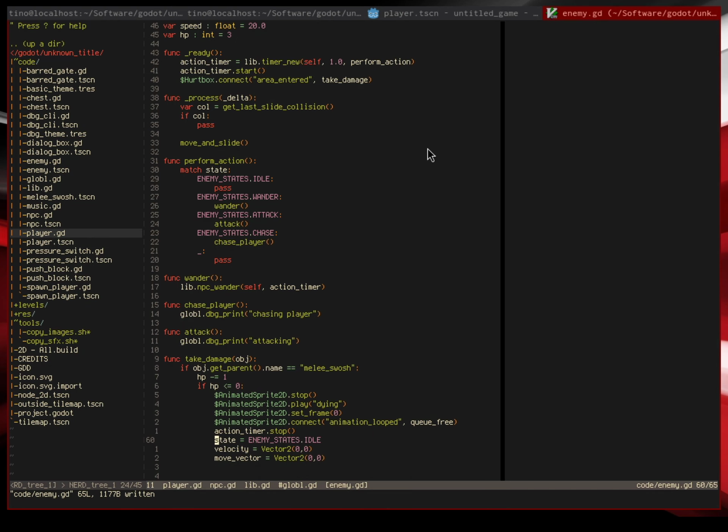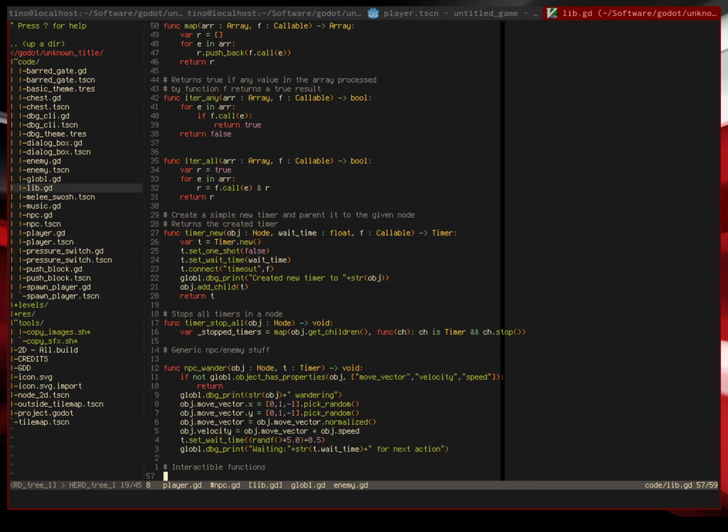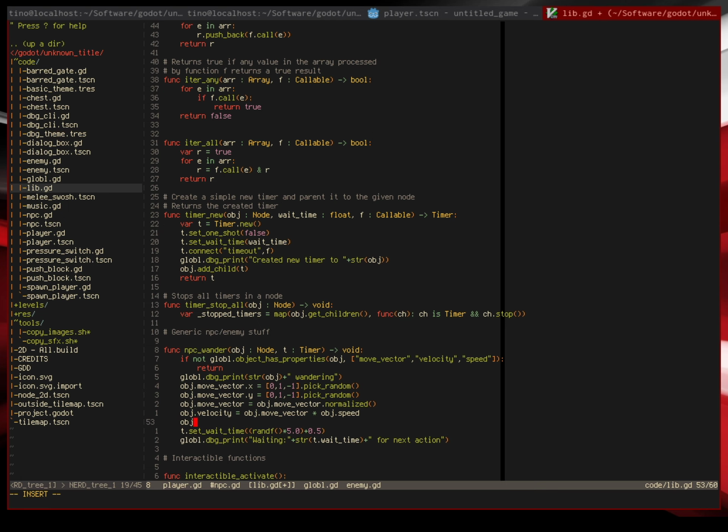But since you're doing animations with the enemy, then I guess we can include in our library something like object get node animated sprite 2D. If object has node, then we play